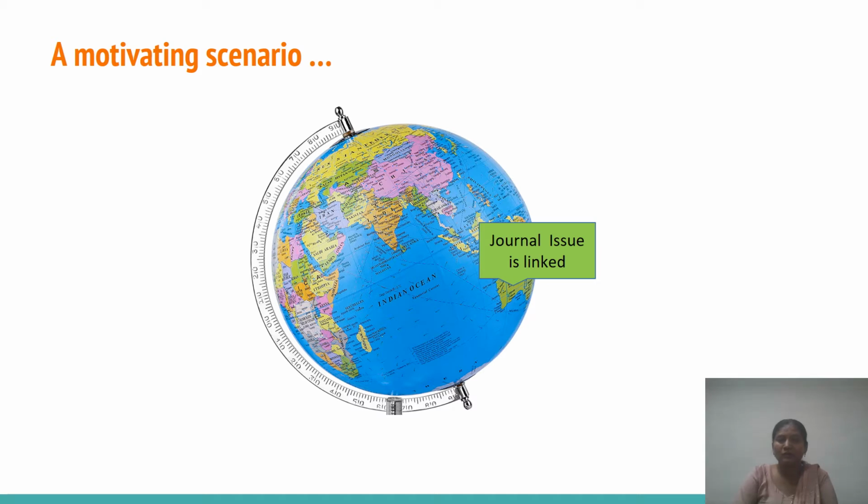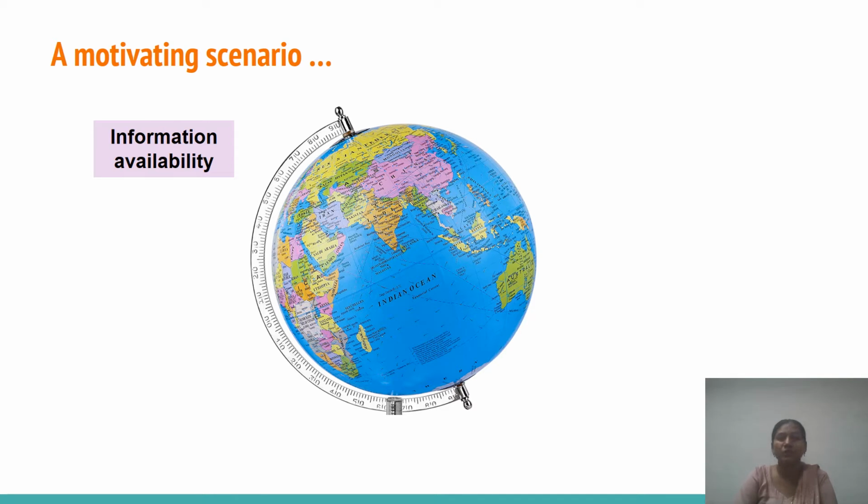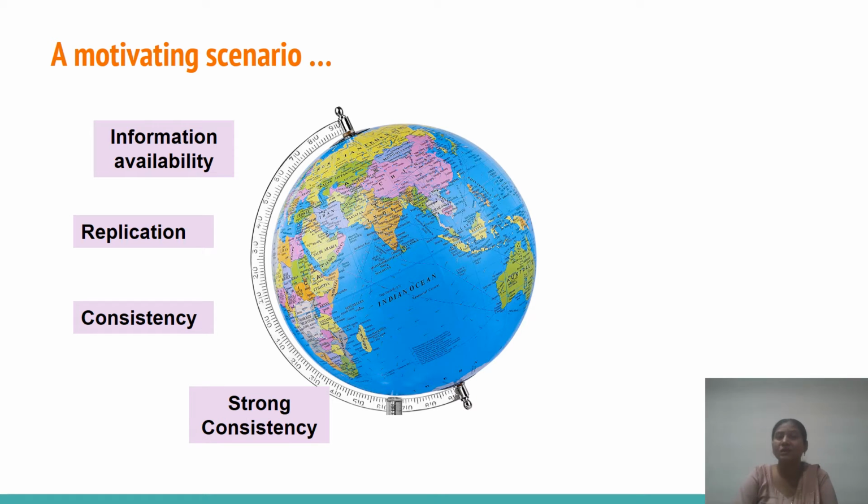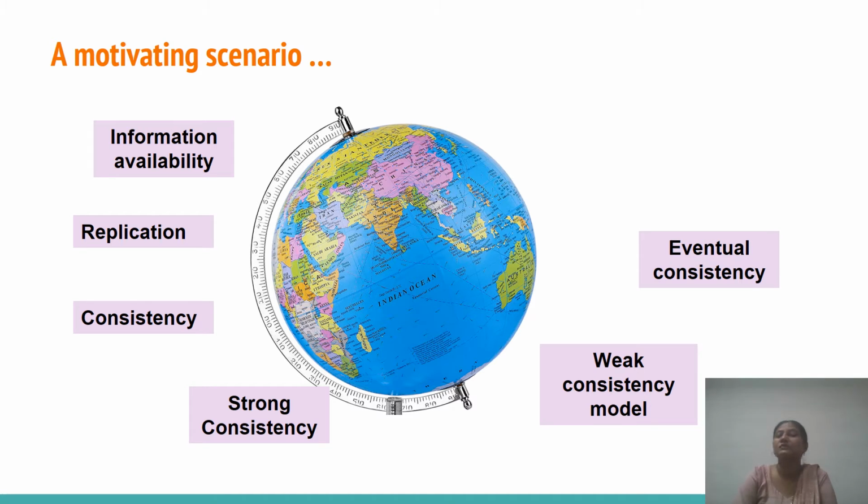In such remote areas, we are interested in information availability along with network latencies. Replication is an approach to support information availability. But replication requires strong consistency between the replicated copies. We need consistency so that different sites of a distributed domain see the same data at the same time. But according to the CAP theorem, we cannot guarantee strong consistency with information availability and network partitioning. Therefore, we require a weak consistency model, and eventual consistency is a solution.